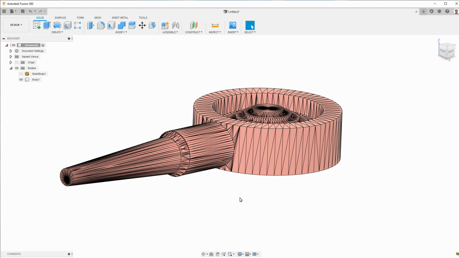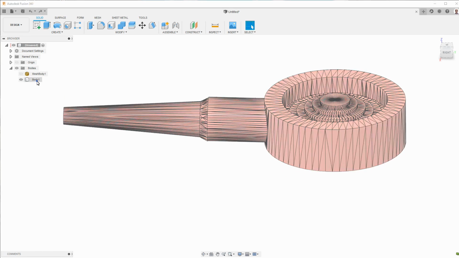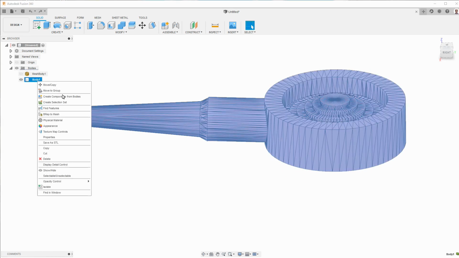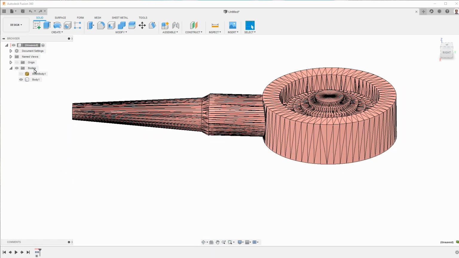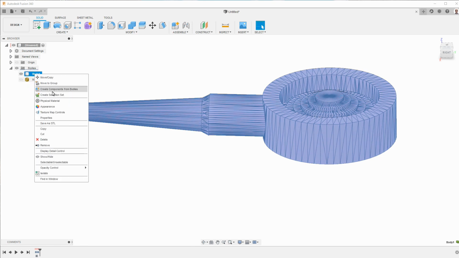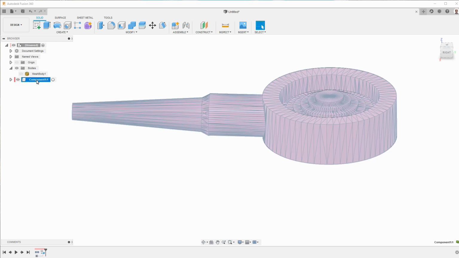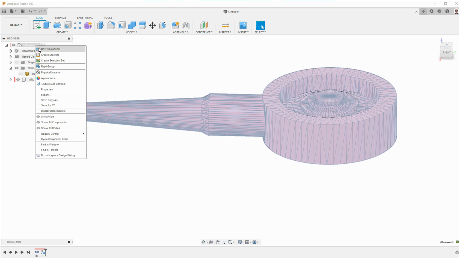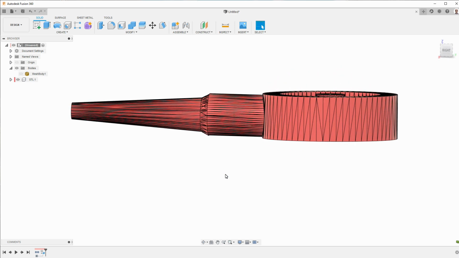So let me show you the process that I go through to convert it. The first thing that I want to do is take this body here and convert it into a component. Actually, before I do that, I want to turn capture design history back on. And now I want to convert this to a component so that I have a separate component for the raw part, the STL. So I'll call this the STL. And then I'll add another component in a little bit. Before I do that,